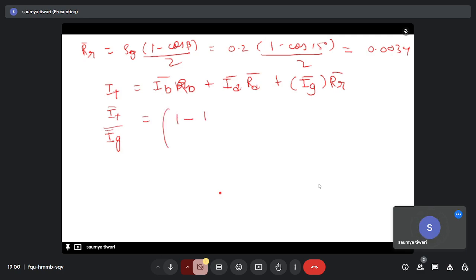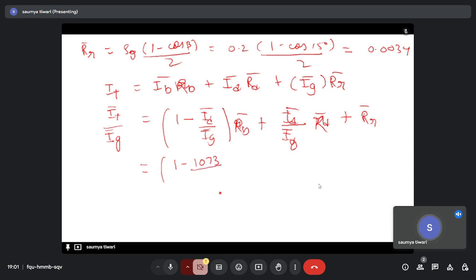1 minus ID bar upon IG bar, RB bar plus ID bar upon IG bar, it will be RD bar plus, so it's capital RR bar. So we'll put all the values. So it will be 1 minus